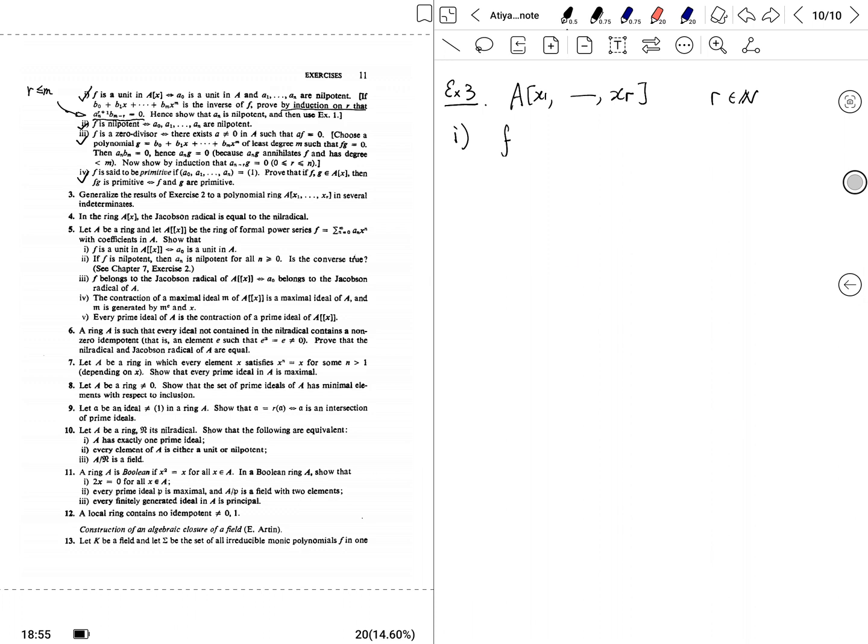So let's introduce some notation. So let me write. Let's give some notation for indices. So for this, for example, if you got the index 1 1 0 0 0 0, then what I mean by x^I would be just x1 x2. Okay, so this is just a summation of